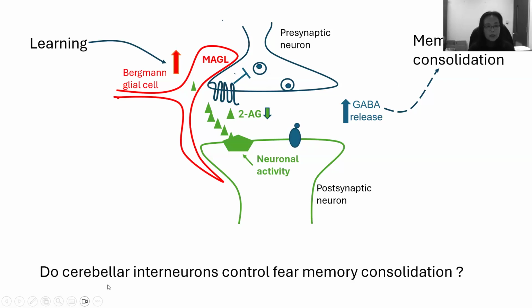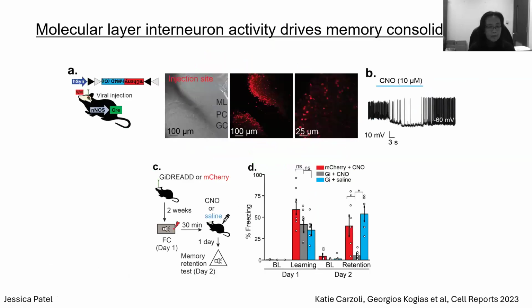So now our question is the second part. Do cerebellar interneurons control fear memory consolidation? This work is done by Katie Cazzoli, Georgios Kogias, and Jessica Patel. Jessica started with trying to inhibit molecular layer interneurons, to see whether that causes memory